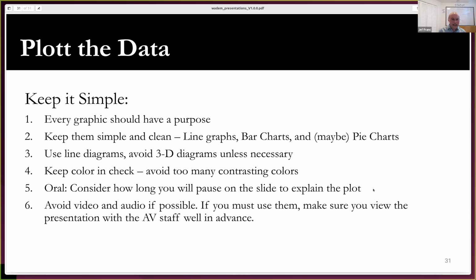As far as audio and video, I always avoid embedding audio or video into my oral presentations. I know a lot of people like to put a little movie snippet in there and it can be quite inspirational. My overall experience with these is they work about 50% of the time when I've seen them. There always seems to be, I shouldn't say always, but about 50% of the time there's some problem. The audio isn't right. You can't reach the website. Something goes wrong. So I prefer not to use them because they're just something else for me to stress about